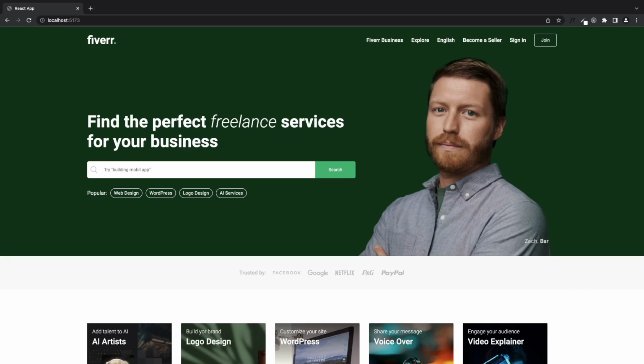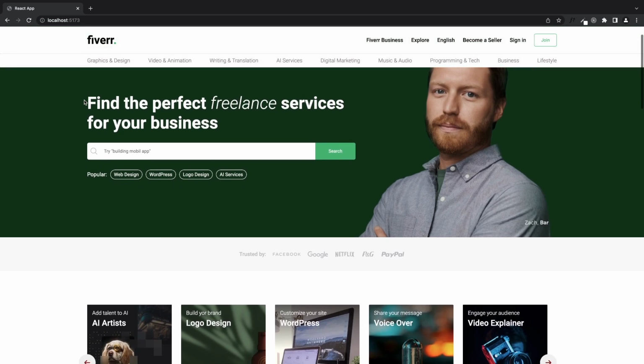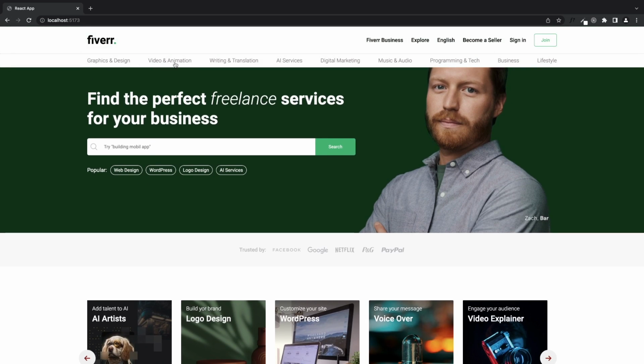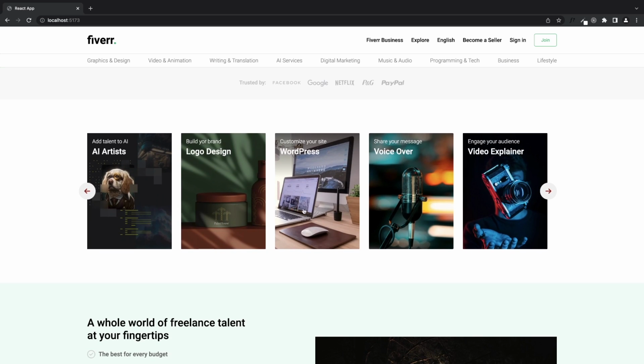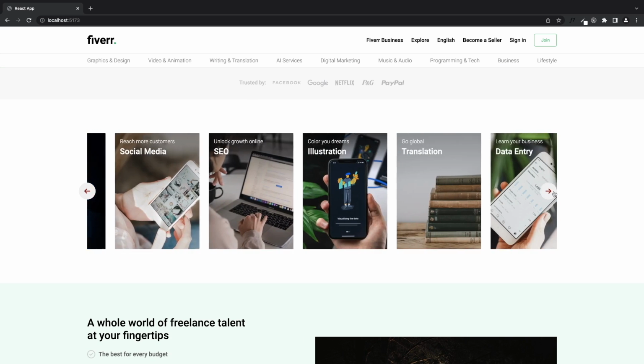Hello friends, today we are gonna design a Fiverr clone using React and CSS. This is the home page. We will create this beautiful navbar that changes its background color and shows this menu when we scroll. There is an infinite slider here that shows the categories,